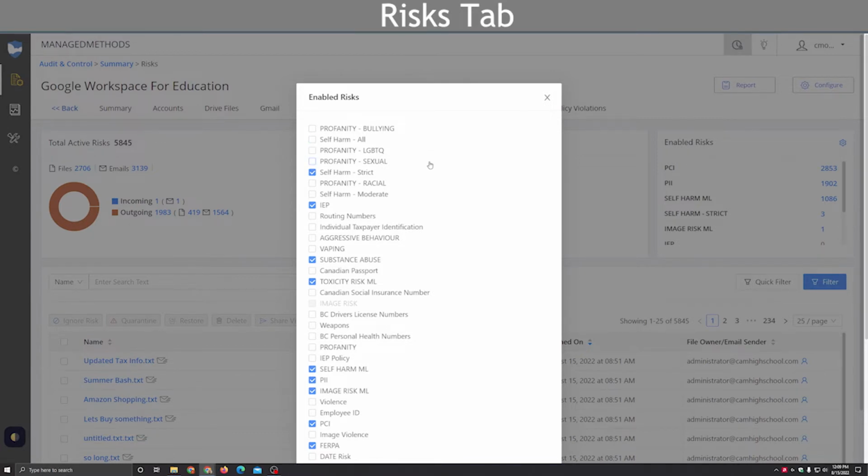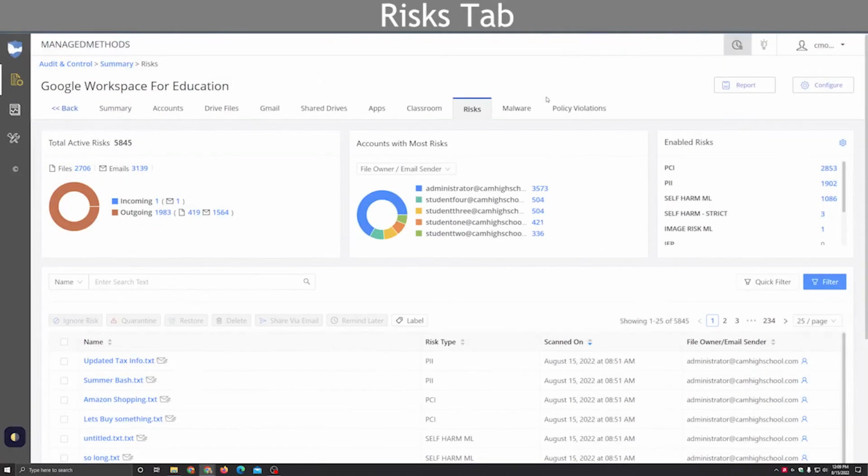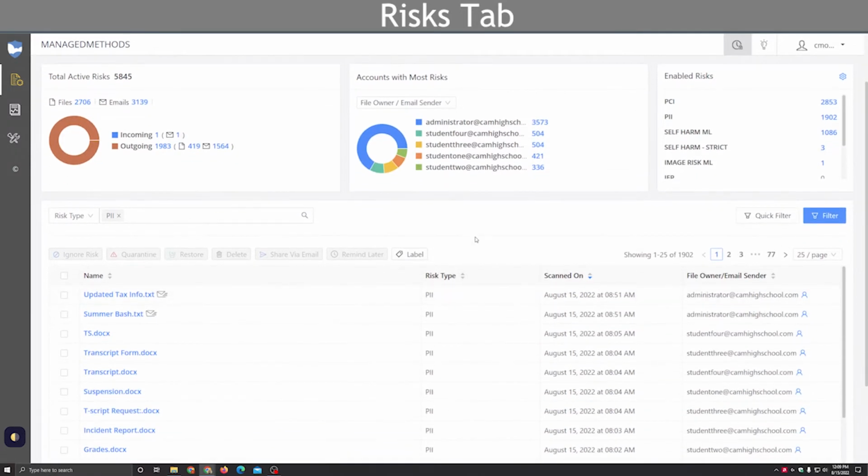And this is something where we can certainly assist you with too, if there are risk scans you want to have set up. So when taking a look at any risk scan, if you go ahead and click on the number here, this is going to filter by, or search by, that specific risk type. So in this case, I'm searching and I just want to take a look at all of the PII